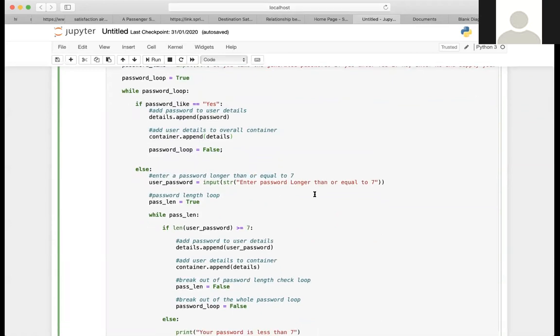And one more reason why I put this password loop is if you enter a password that is what? That is not